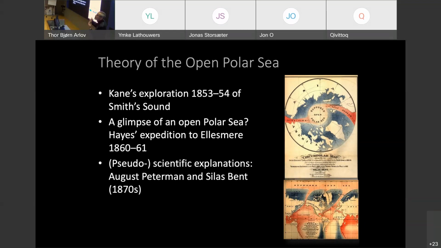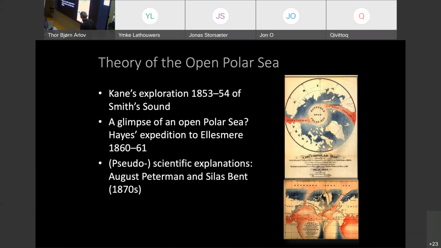He thought that it would at least partly melt away the ice in the Arctic Ocean because of the circulation going in the Gulf Stream into the Polar Sea, which is basically correct, and then also a current from the Pacific Ocean, warm water coming in through the Bering Strait, and this creating a circulation in the Arctic basin, which would keep the